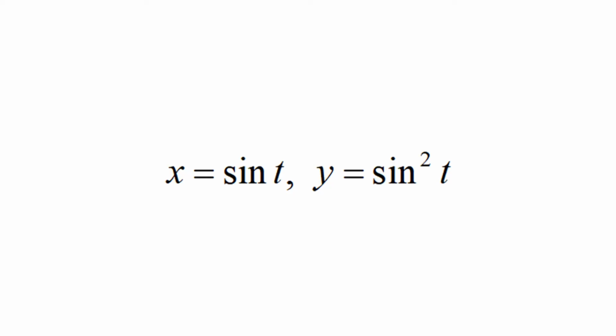We bring the attention to point out that not all parametric equations produce curves with definite orientations. If the equations are badly behaved, then the point tracing the curve may leap around irregularly or move back and forth, failing to determine a definite direction. For example, in the parametrization x = sin t and y = sin² t, the point (x, y) moves along the parabola y = x².